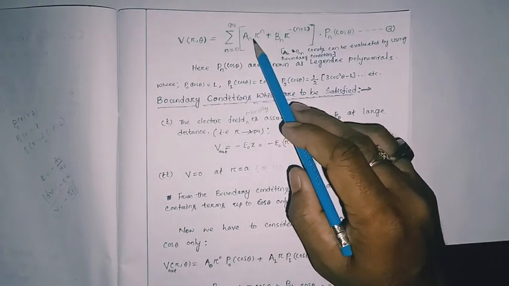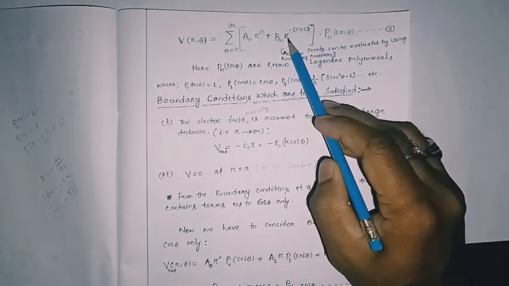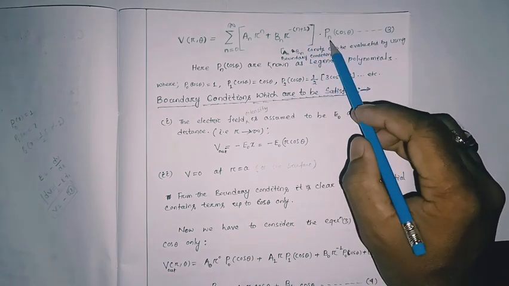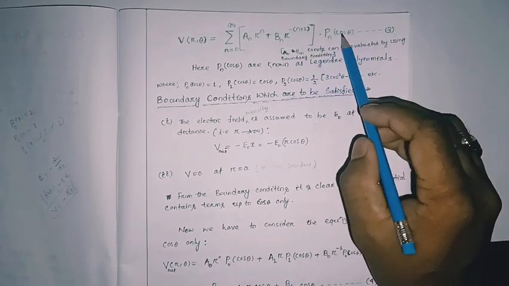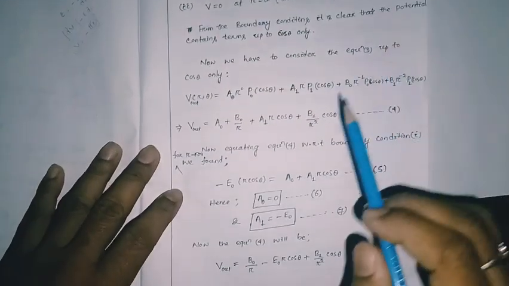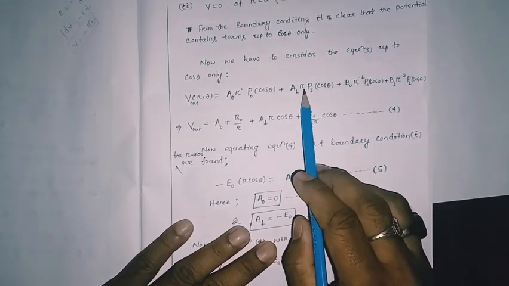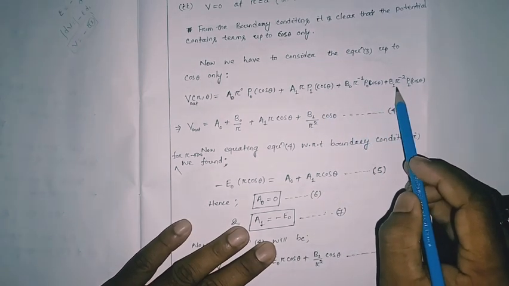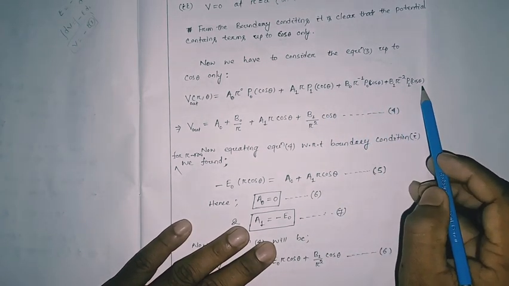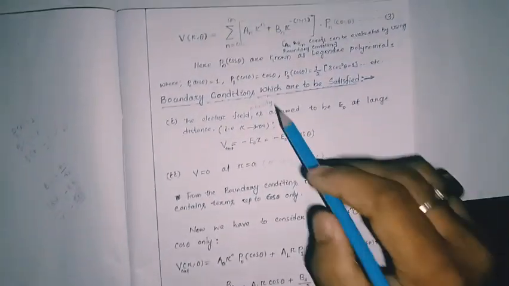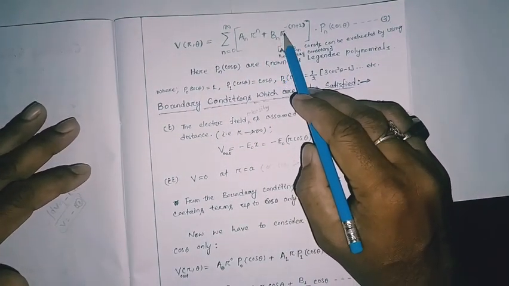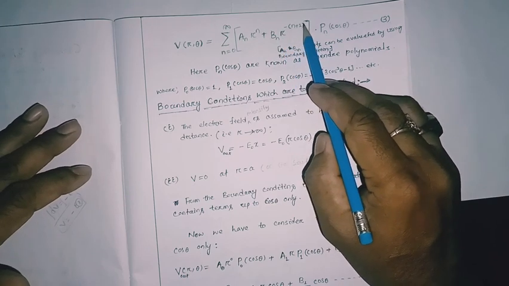Okay, then the second term will be n equal to 1: a1 r to the power 1, b1 r to the power minus 2, and p1 cos theta will be multiplied with both the terms. So this will be a1 r to the power 1, means r p1 cos theta, and this one is your b1 r to the power minus 2 p1 cos theta. Then a2 r to the power 2 and b2 r to the power minus 3,